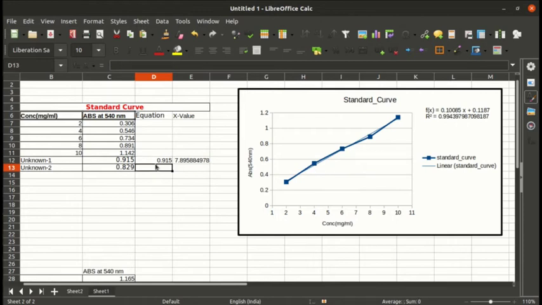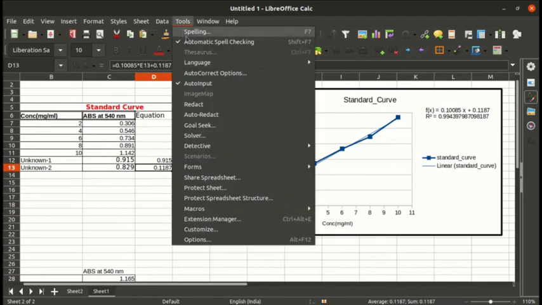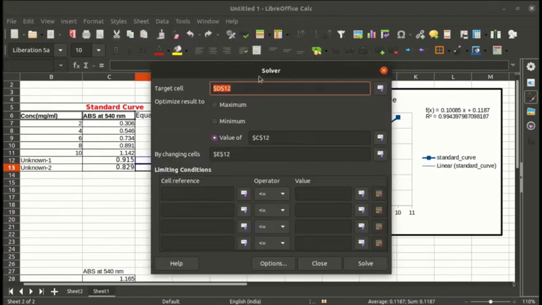Similarly, you could also calculate for this one too. Let's type in our equation, equals 0.10085 into the adjacent cell where my x value is going to be, plus 0.1187. Hit enter. Now go to Tools, Solver.